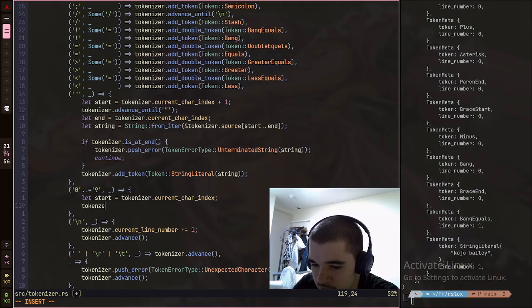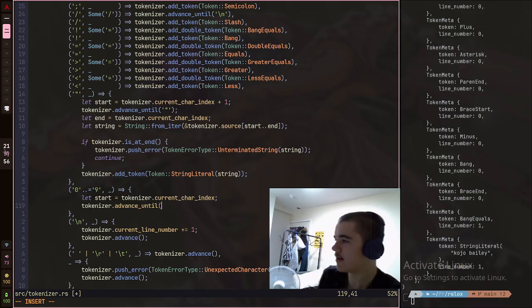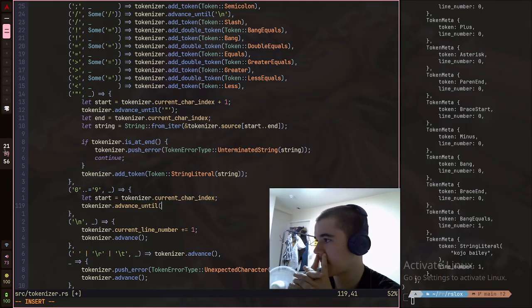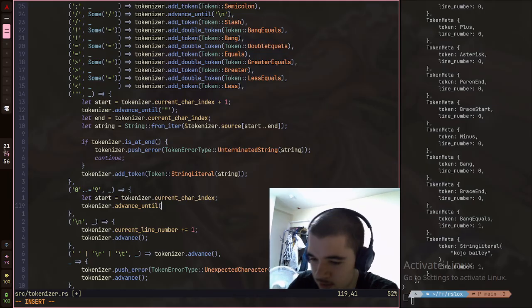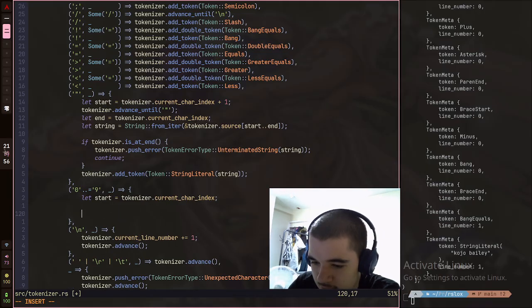Then tokeniser dot advance until. Then here, this is more complex, so I'm not gonna have a function for it. Instead, I'll just do